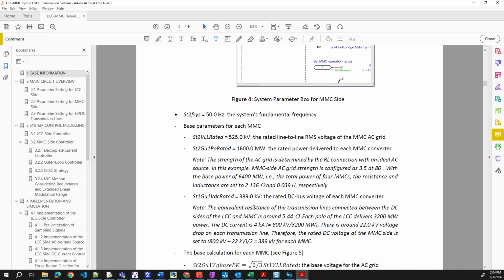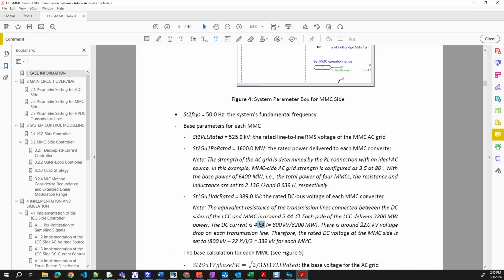Note the pole. So it's small, like half the size of our transmission line. It's longer, twice like this. Each pole delivers this value. Okay, the current is 4 kA. Right? I understand that.